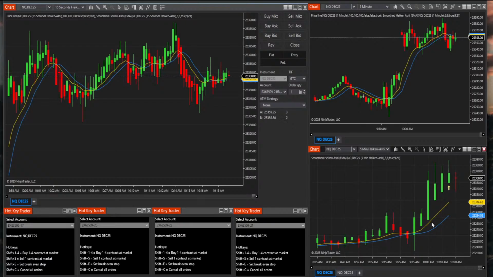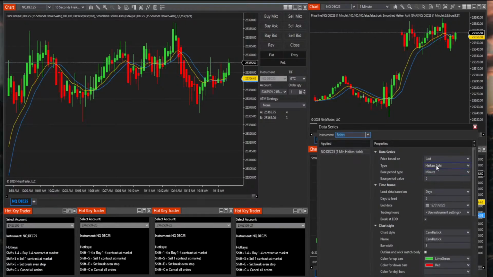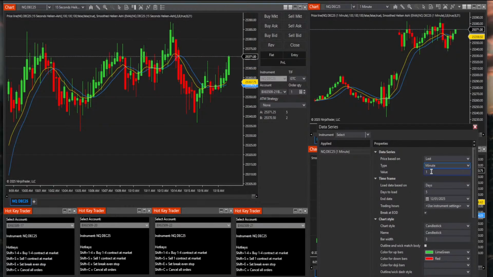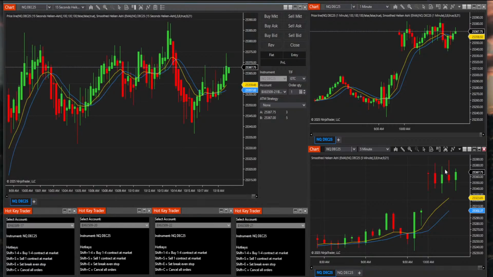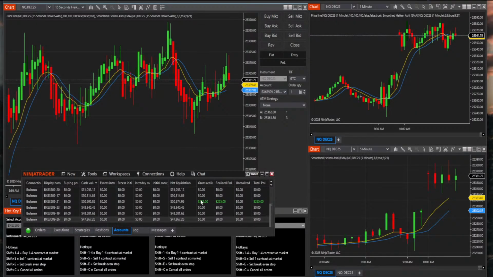Now there's more logic involved in this, a lot more than just Heiken Ashi with the smooth lines. Let me move this back over to a regular minute chart. So that's the 5 minute, and yes, we're in a bullish trend, but as you can see right here, you could have gotten in here and got yourself a little pop, about 10, 15, 20 points, easily 10, 15 points, and be done for the day. Why can you be done for the day? Because this account, as you can see, is up